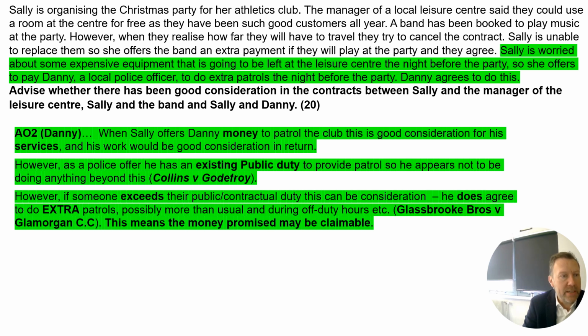It's possible to exceed one's public duty or contractual duty, by the way, if that's the scenario that you're looking at in your problem question. You can exceed your public duty by doing something beyond what you're already obliged to do. And it does say that he's doing extra patrols, and that would indicate that he's going beyond what he is obliged to do automatically. That's that Glasbrook case about striking miners, I believe. And for that reason, this extra money